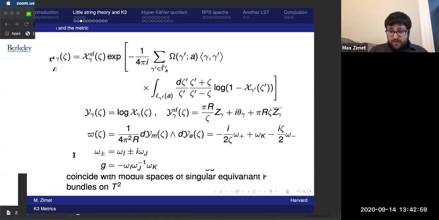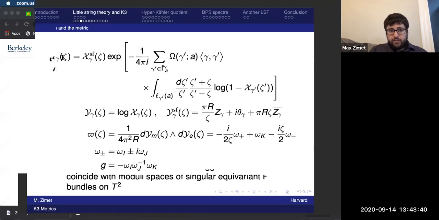Okay, so I'm going to give a very quick review of the formalism due to Gaiotto-Moore-Neitzke that we use in order to study the metric on this moduli space. So the idea is that physics provides certain canonical piecewise holomorphic functions on this moduli space, which are the expectation values of certain line operators wrapping this large circle. And because these observables are supersymmetric, they're holomorphic. So zeta here labels which complex structure we're talking about, because K3 has a whole CP1 of complex structures.